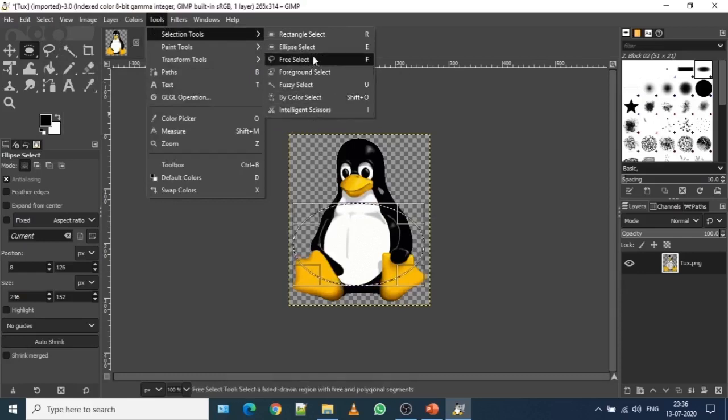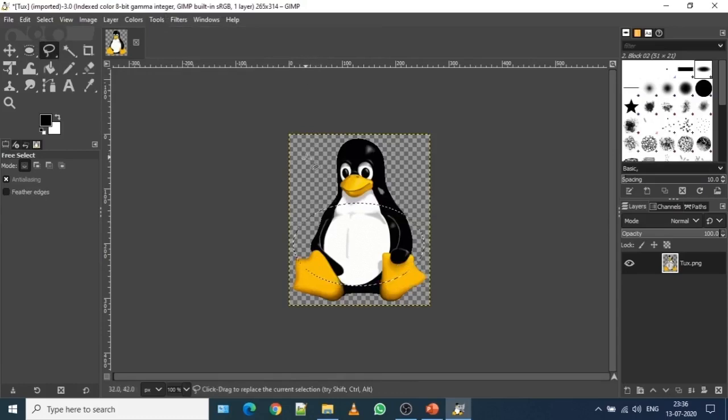So let me select. Now if I drag the portion of free selection tool, you will notice that it will select a particular area.